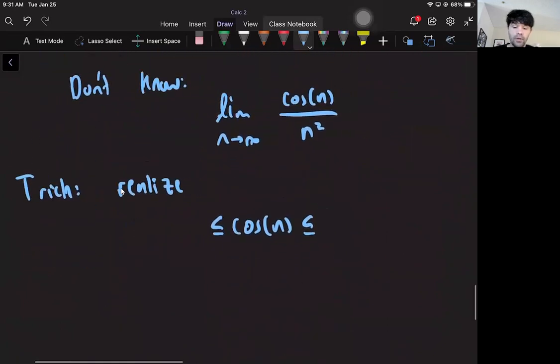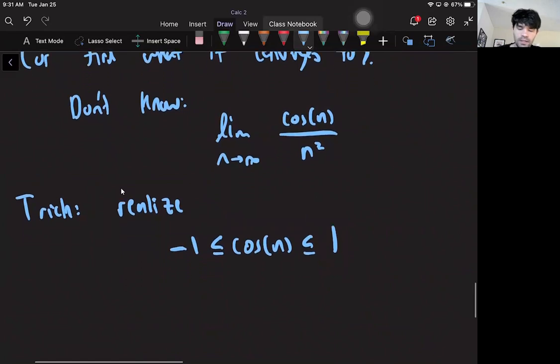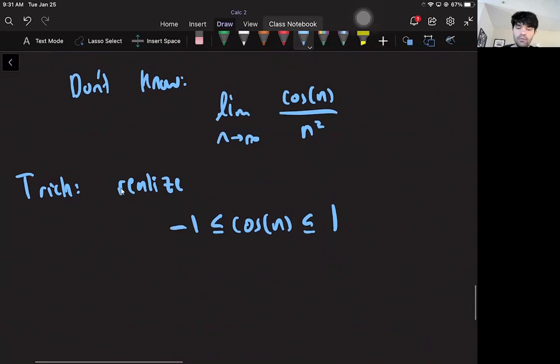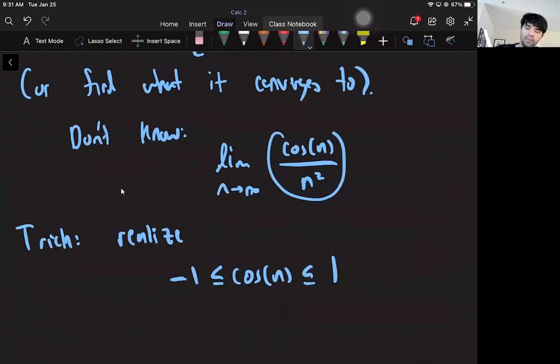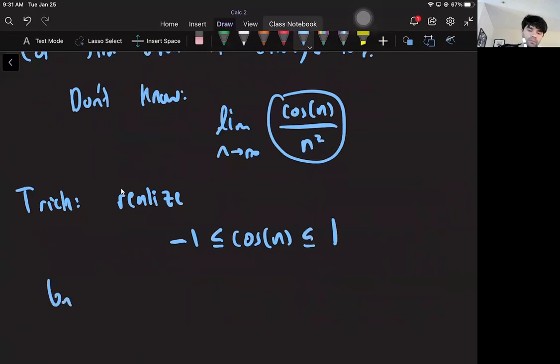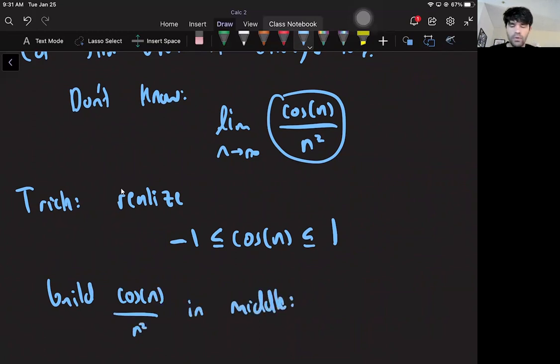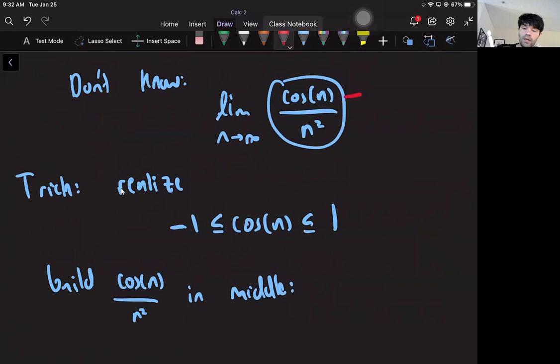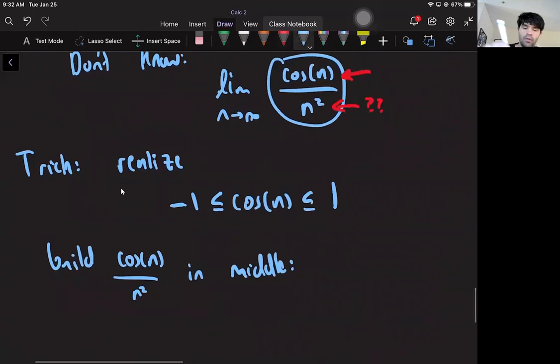So you might remember cosine and sine are both bounded. They only go as high as 1 and as low as -1. So in this case, we're dealing with cosine, but sine does the same thing. And so you could replace it in a different problem and it would work the same. So you realize this first, and then you try to build that in the middle by just multiplying or doing whatever you need to do to make it show up. And right now it's already almost there. We already got the top. We just need this. So to get that in the middle, I just have to divide all 3 terms by